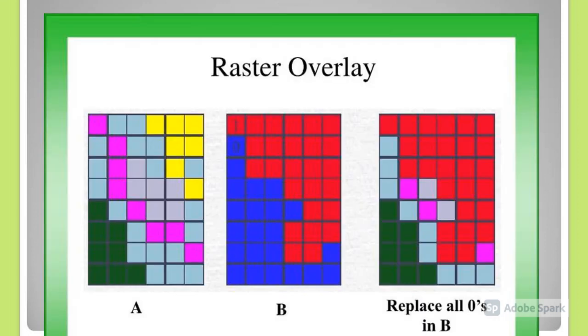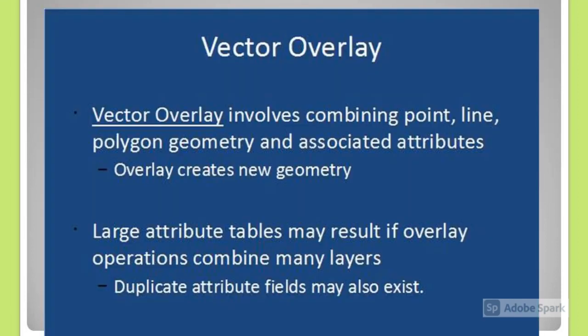Raster overlay. Raster overlay is mainly applied to nominal or ordinal data with a cell-by-cell process, which results in the combination of two input layers. Two input layers are combined in raster overlay. Nominal variables for corresponding cells are joined, creating a new output layer. For example, a soil layer is combined with a land use layer to create a composite output layer, as shown below.